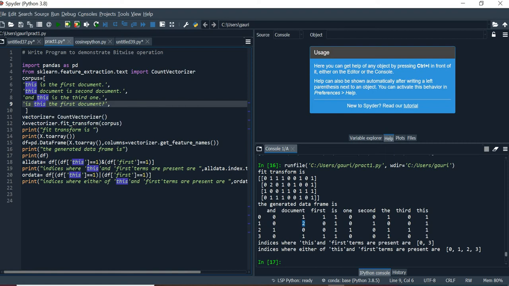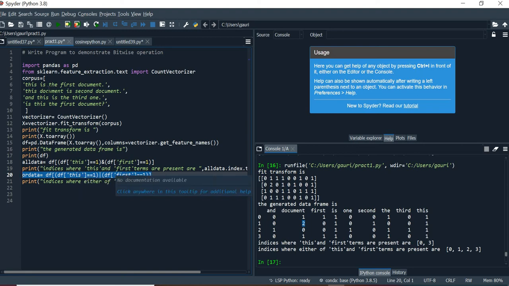Okay. Now next one is to check the OR operation. What is this OR operation? The OR operation says you only have to check whether this word or the first word is present in which statements. Means there is no compulsion. You have to check either this word or the first word. In the first sentence we get the two words this and first.